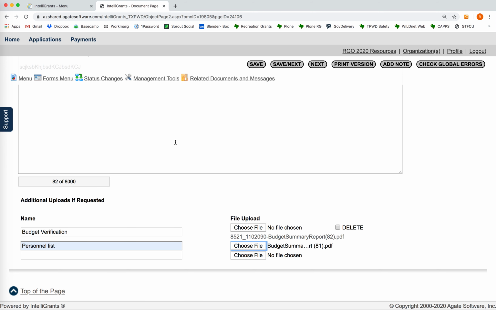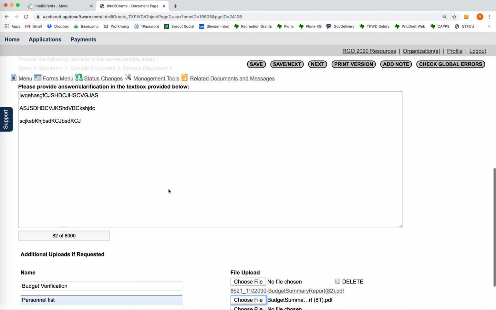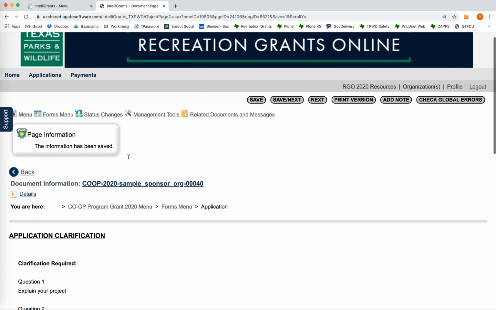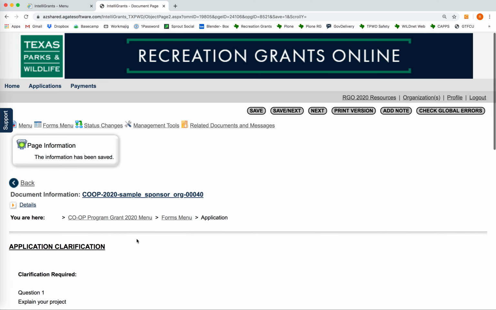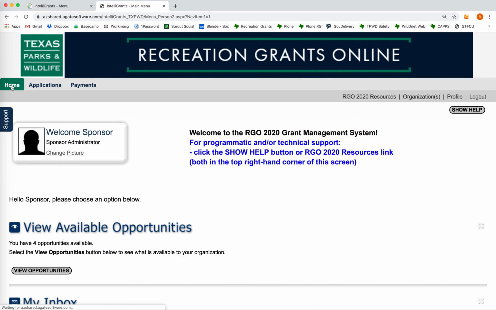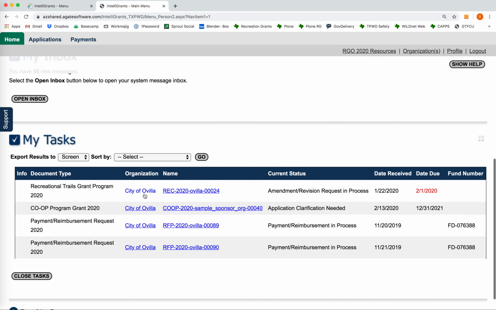When I've made these changes and produced my uploads, or even before that, I can save this form. I can continue to save the form as I work on it. If I have to go get more items, every time I come back in, it's going to appear in my task list because I haven't changed the status of it yet. When I'm done,